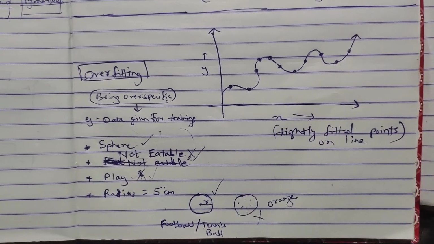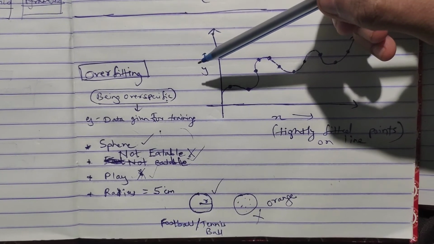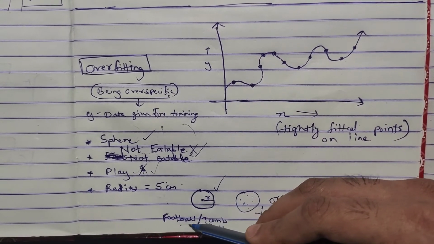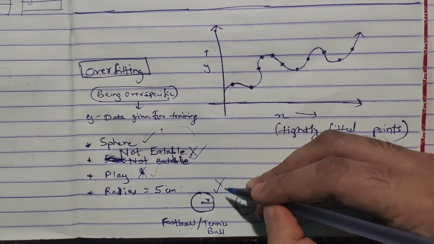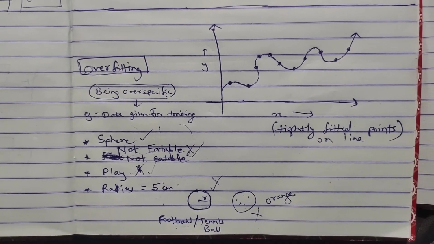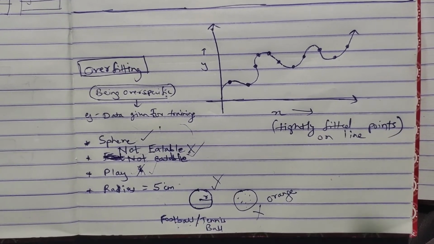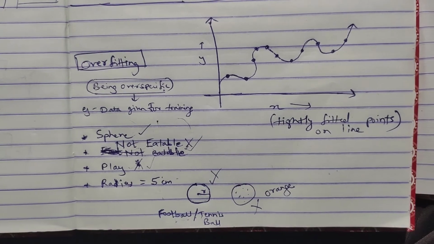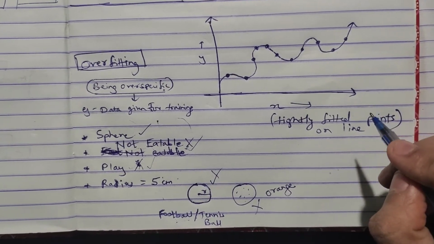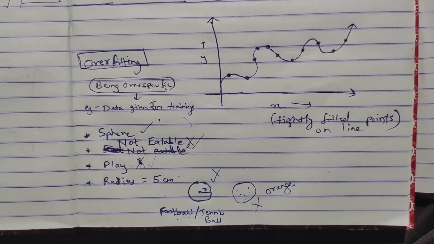But what if we unexpectedly give it a football? We are just trying to identify a general ball. So here the condition will not be satisfied, and hence even though a football is a ball, generally speaking, it will say that it is not a ball. So here what happens is that when we are being over specific, when we are giving many values to train a simple model, it will get confused by itself. So it cannot deduce any specific output, and hence we can say it is overfitted. So that is the difference between overfitting and underfitting.